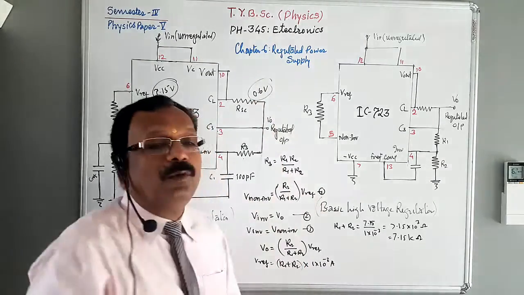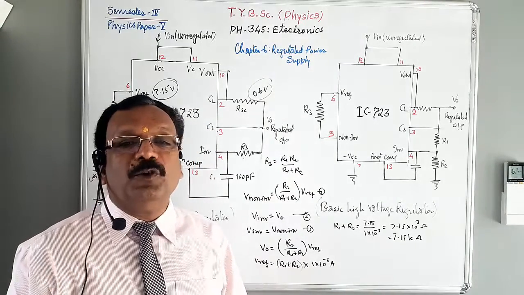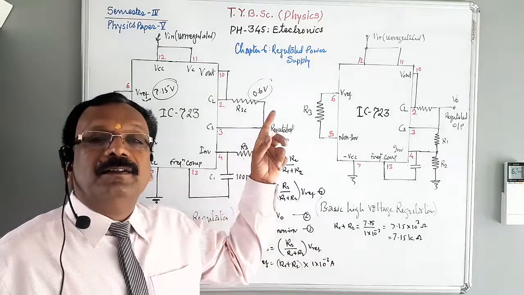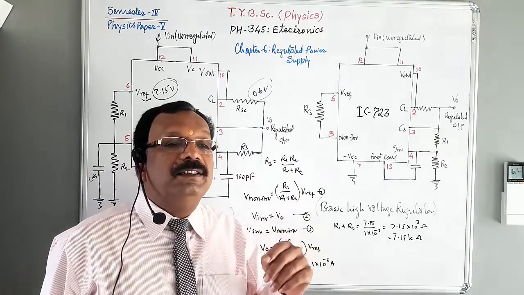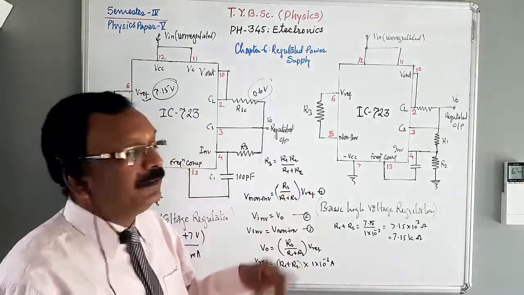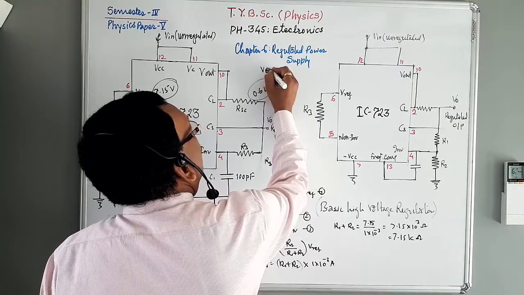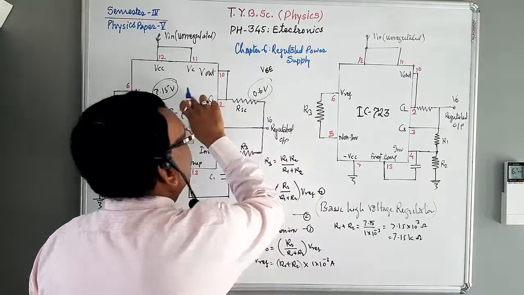And when this voltage becomes 0.6, which is the voltage between the base and emitter, that is VBE of the series pass transistor inside the